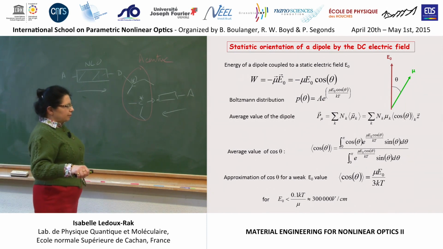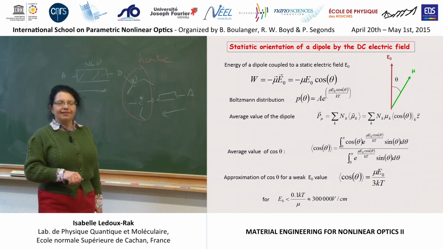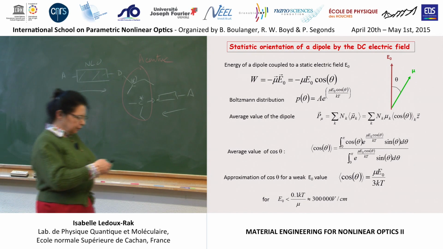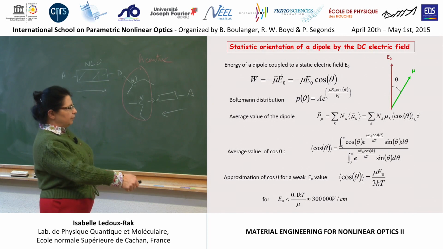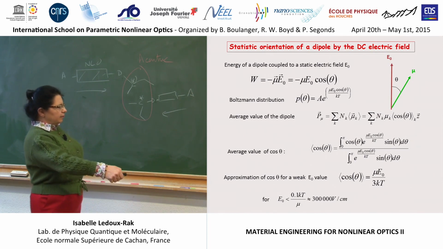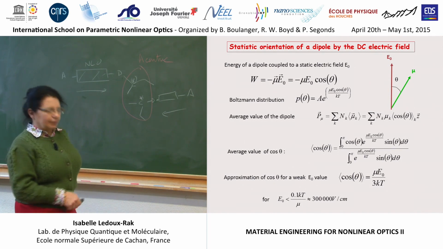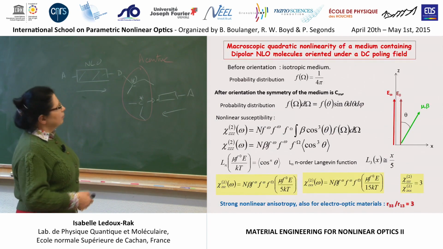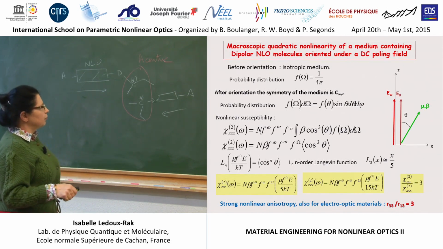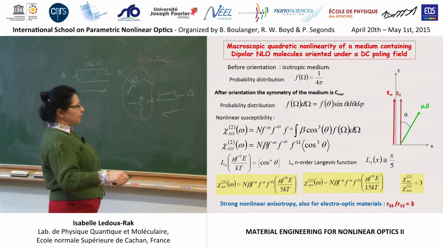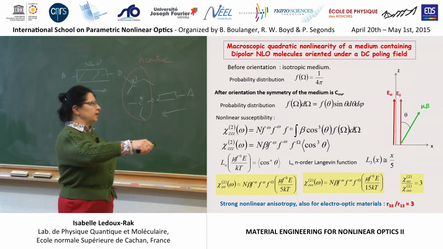So there are a lot of theoretical and also experimental results about what happens for higher field, but it should be out of the purpose of this talk. But if you are interested, I can tell you that when using higher field, it will involve nonlinearities which are not only dipolar but also octupolar. But that's another story. So in that case, from all these considerations of distribution, we can calculate I2, which is proportional to the average of cosine squared theta. Keep in mind this relation.